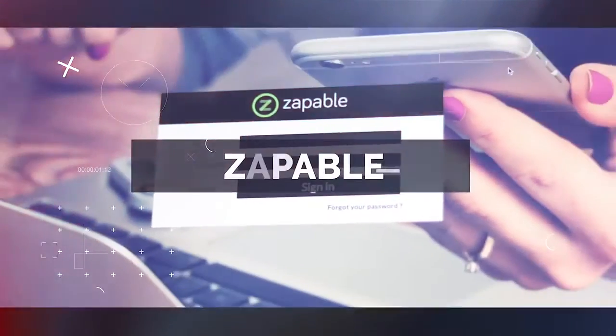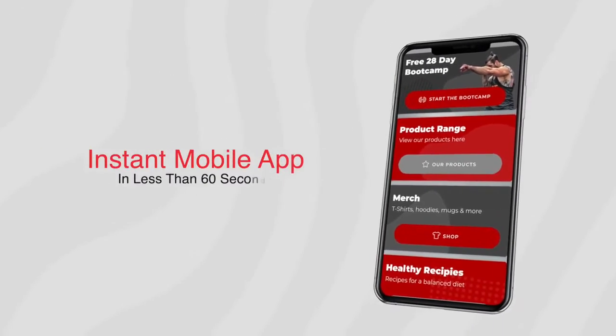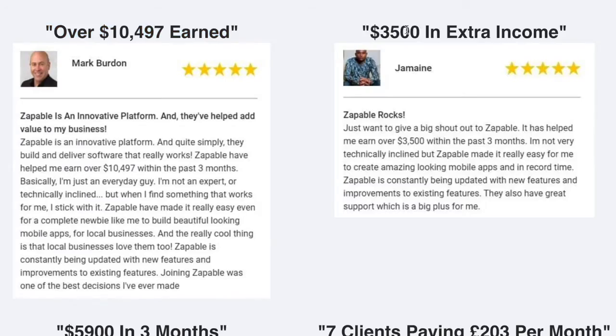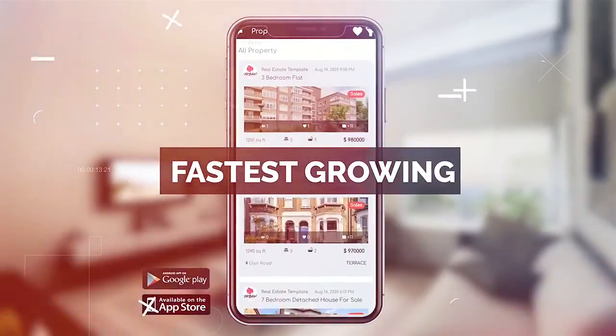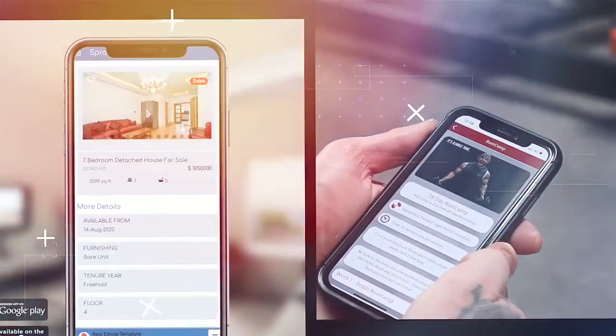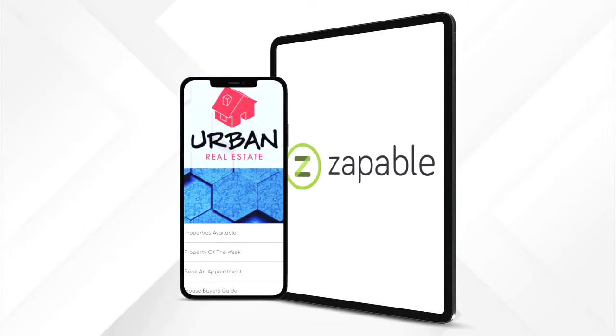Let me introduce Zapable, how to build an instant mobile app in less than 60 seconds. With over 300 customer reviews and people selling apps like crazy, it's easy to see why this is one of the fastest growing opportunities in 2021. So let's take you into the world of Zapable and show you how easy it really is in 3 simple